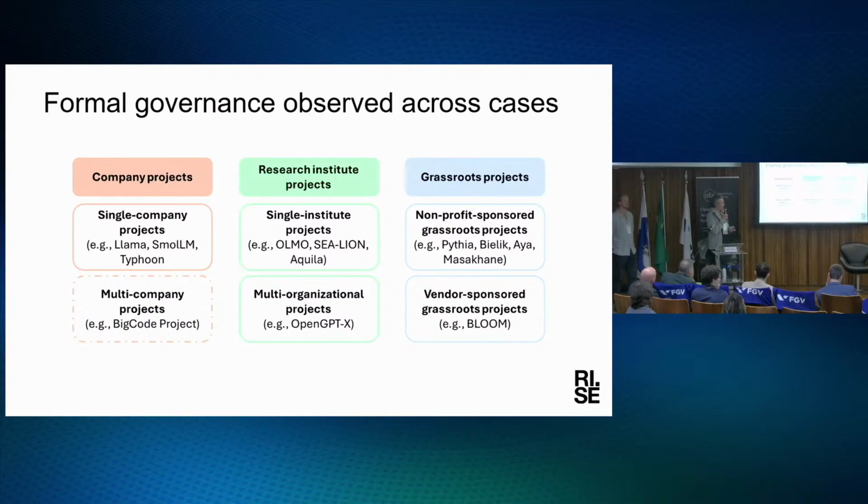And then there are the grassroots projects, which maybe align mostly with the community-driven examples in open source, where there are still quite rigorous structures. So not just communities in the wild. There is some form of setup around them. For example, the Pythia models developed by EleutherAI, a US nonprofit, although they are backed by, I believe, Google and a lot of others.